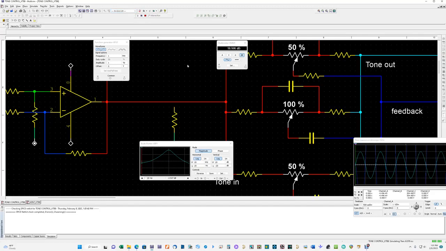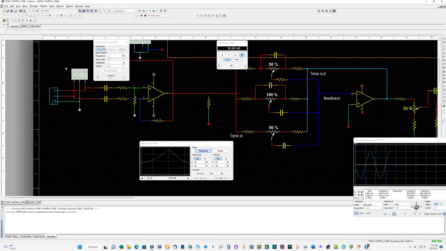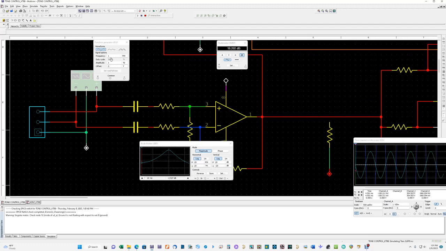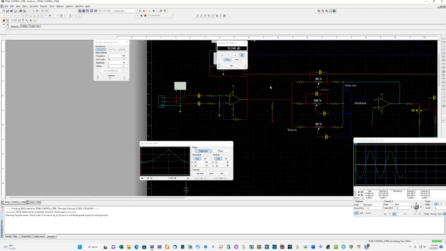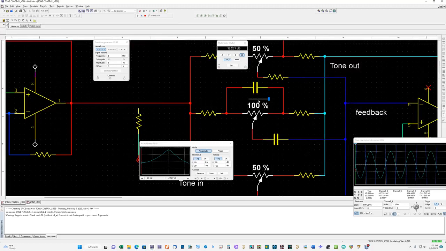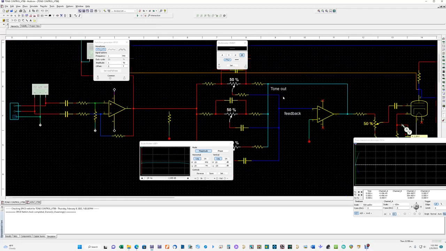Because the function generator is set to 1K, you see you have an 18 dB boost in the mid. If I move this back to 50%, then you will not see this boost. You see it gone back down to 2 dB. So let's run the analysis again, and it should get back pretty much a straight line. A straight line. So if I do the opposite now with the bass,